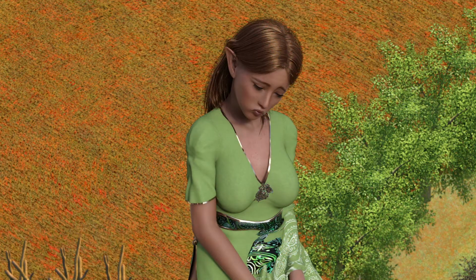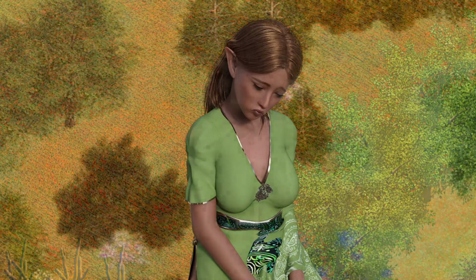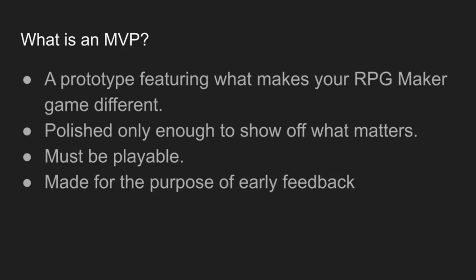And how do you get that feedback? You do it by making an MVP, a minimum viable product. So what is an MVP? It is basically a prototype featuring what makes your RPG Maker game different. It's going to be polished only enough to show off what matters, must be playable, and made for the purpose